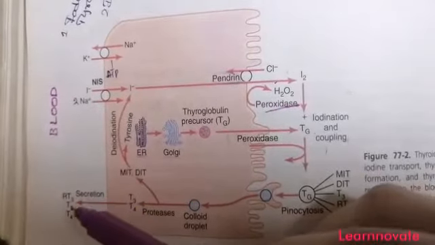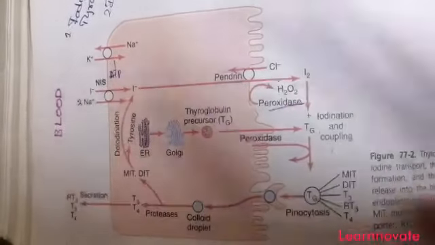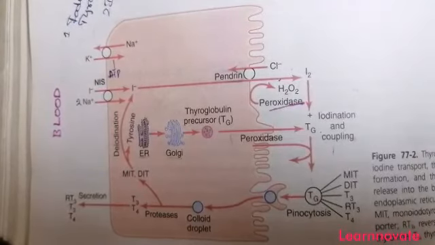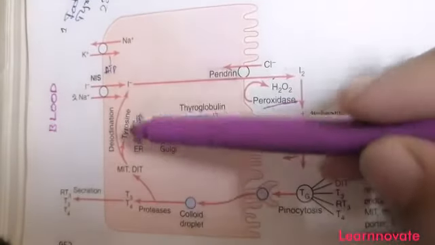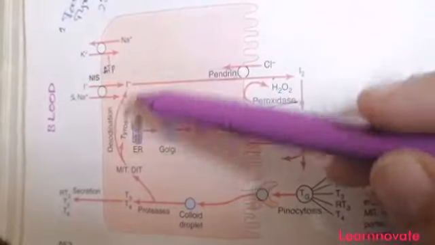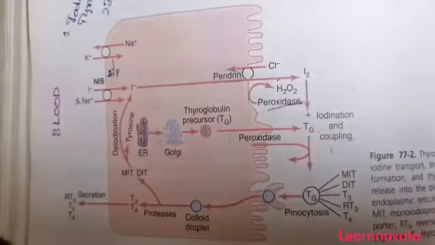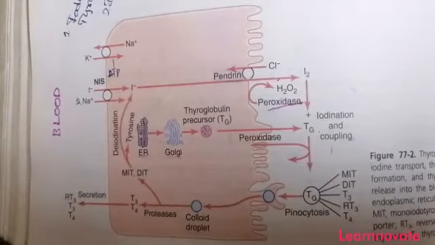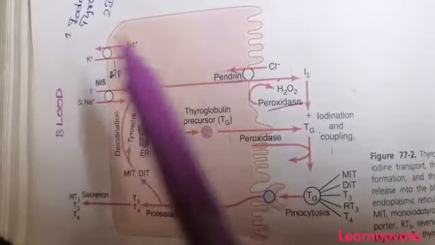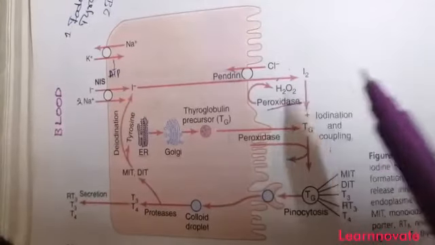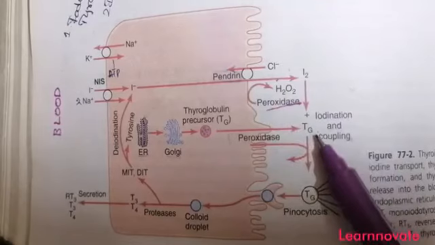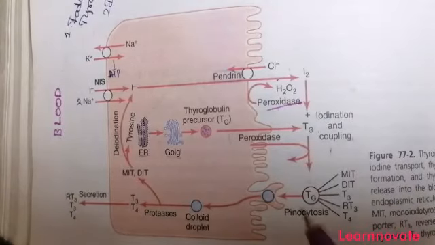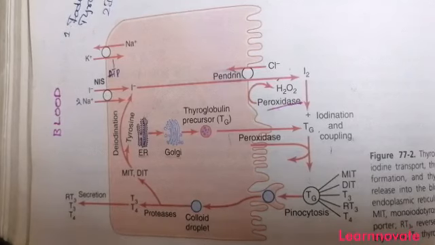Then it is released into the body. So this is the reverse T3, the T3 and the T4. They are the free thyroid hormones that are released in the blood. Also, they are showing that there will be a recycling of the tyrosine and the iodine by the deiodination step. So this was about the synthesis of T3 and T4 that starts from the uptake of iodine, then the conversion of iodide into molecular iodine, then combining, that is the organification of thyroglobulin, and then at last the coupling for the formation of T3 and T4, and that thyroid hormone, on need, will be released into the blood and supplied to the glands.